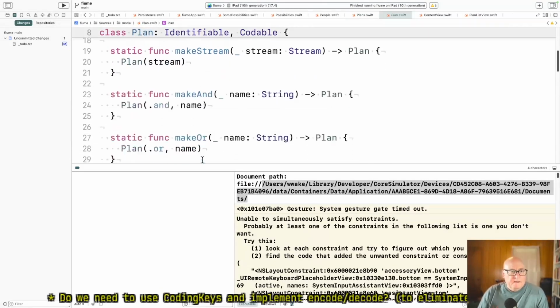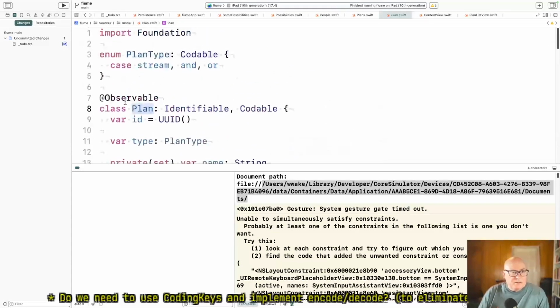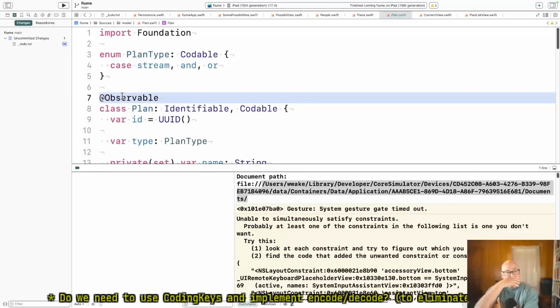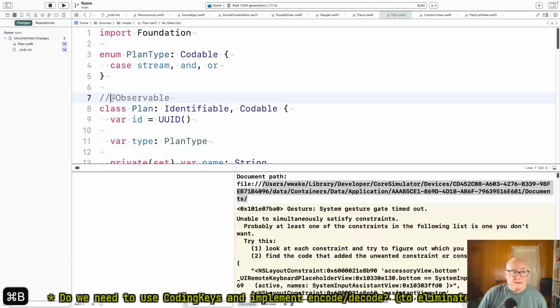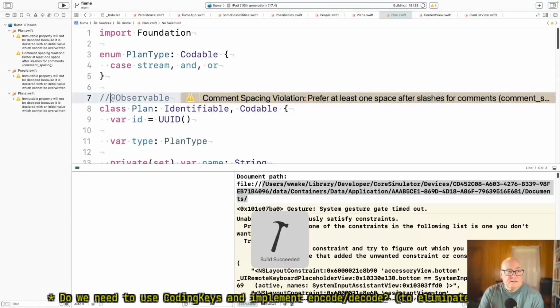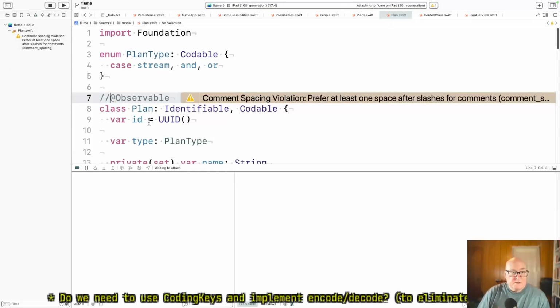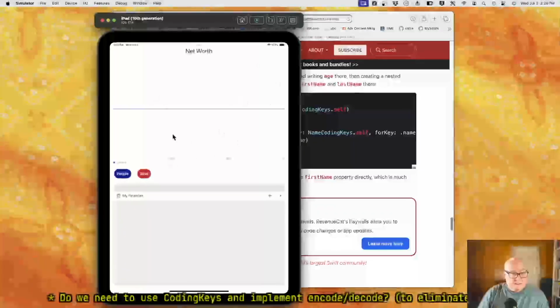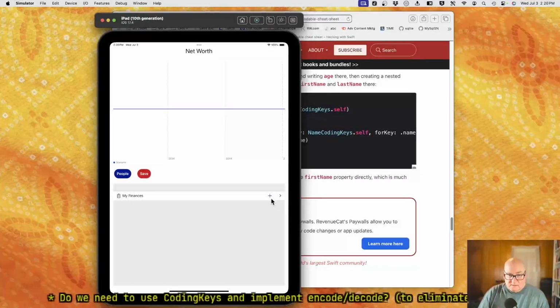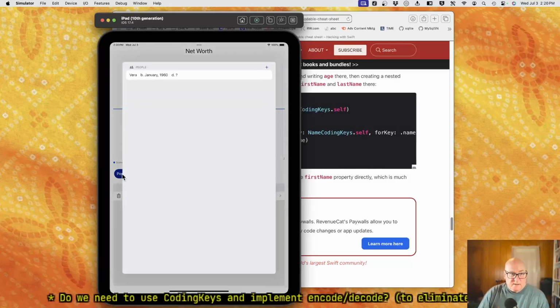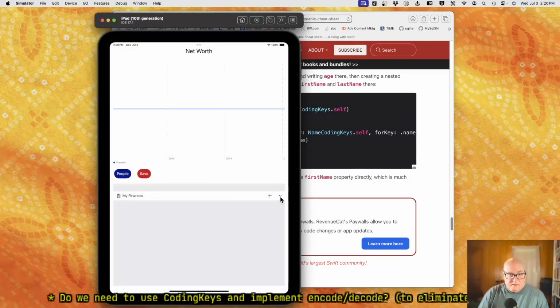I wonder, do these need to be observable? Let's take this out and see what breaks. Because plans is kind of the key piece. Now, if this shows up wrong, it's going to be update issues or something like that. But our person didn't open.